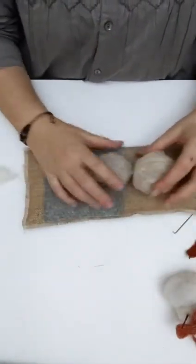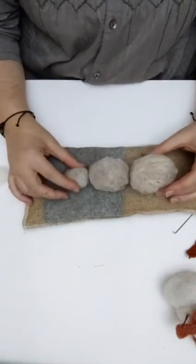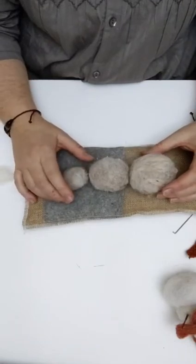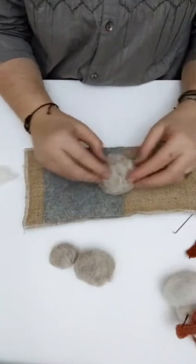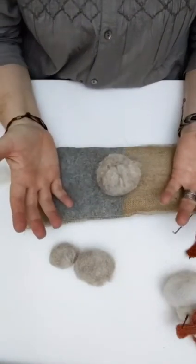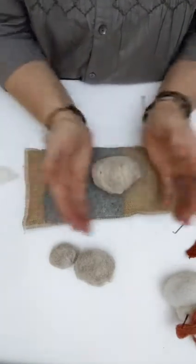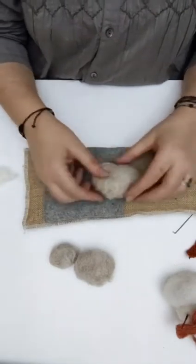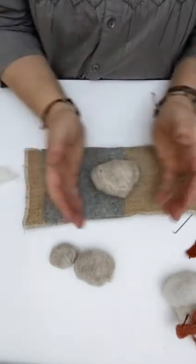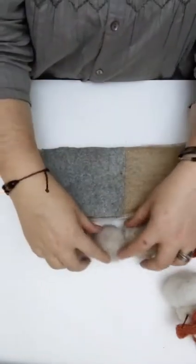And there we go. So as you can see, we've now got our 3 shapes going down in size to the head. Nice and soft. It doesn't want to be firm, which is actually quite unusual for me because I usually felt really firmly. But when you're doing soft sculpture, the clue's in the name, it needs to be soft. And that's why it's so quick to do as well. And there's no difficult shapes to make. So once you've got your 3 shapes ready,